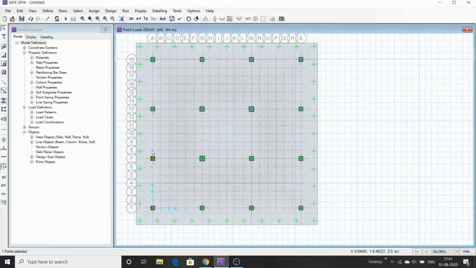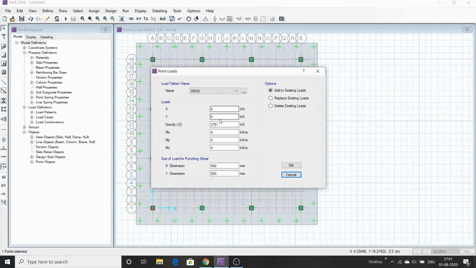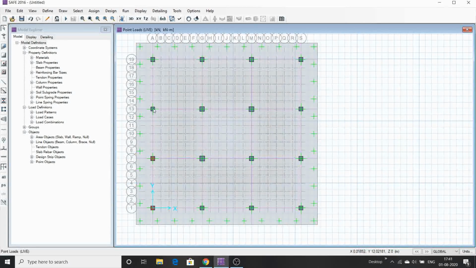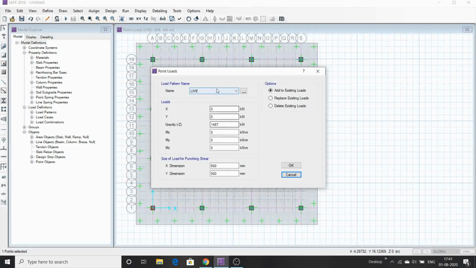And again for live load, in a similar manner we need to click it. The live load is 1467, 500 by 500. Click on OK. Now this is where the point is selected. Assign load data, point loads for dead load, and the load on it